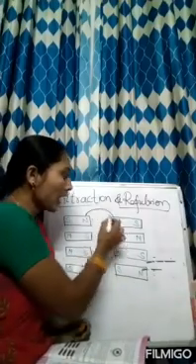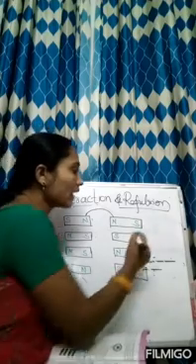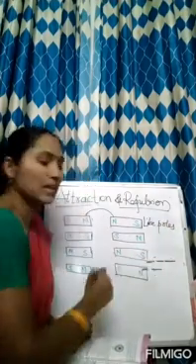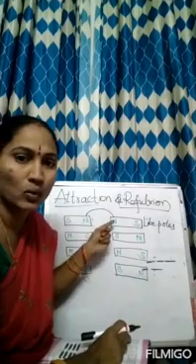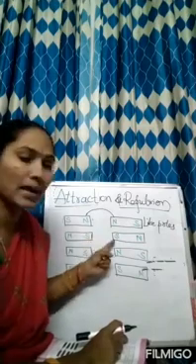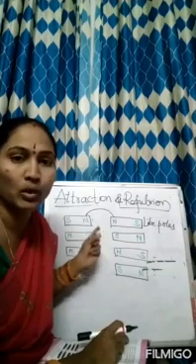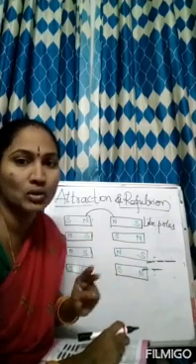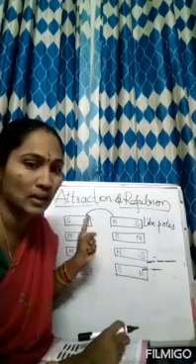This North Pole and North Pole both are same poles, so they are called like poles. Once again I am repeating, both poles are same, north and north, so it is called like poles. And here South Pole and South Pole. Both are same, so they are also called like poles. Two north poles are called like poles, and even two south poles are also called like poles.